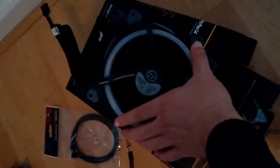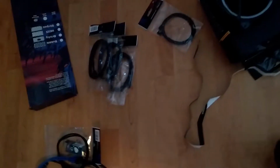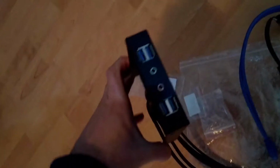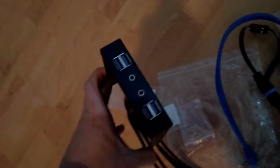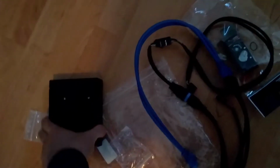Now, these are the ring fans, the 14cm version for the intake and the exhaust. Then more extension cables, SATA cables, audio cables, you name it. This here is the I/O that I ordered with audio jacks and USB ports that I'll need to put on the side. It's the hole that I still need to cut, along with the one for the CD drive that is currently in my current PC. I did have an issue that it comes with 2x2